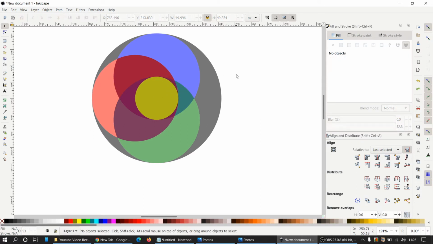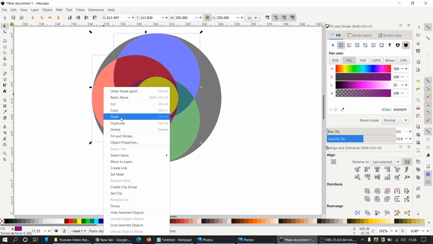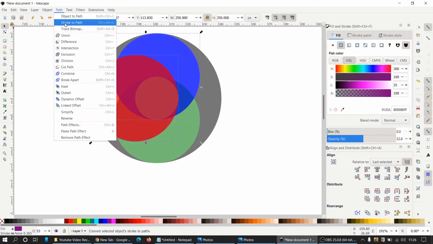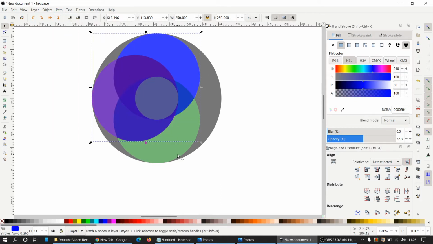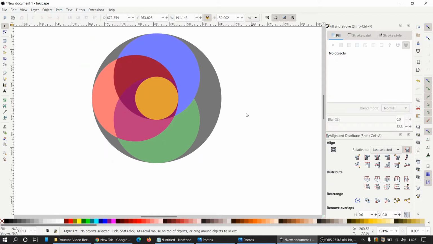Now the next thing you have to do is break this part of the green circle. For this, select this circle and this circle, right click, duplicate, Path, Union. Now Shift and select the green circle this time and Path, Difference. See,